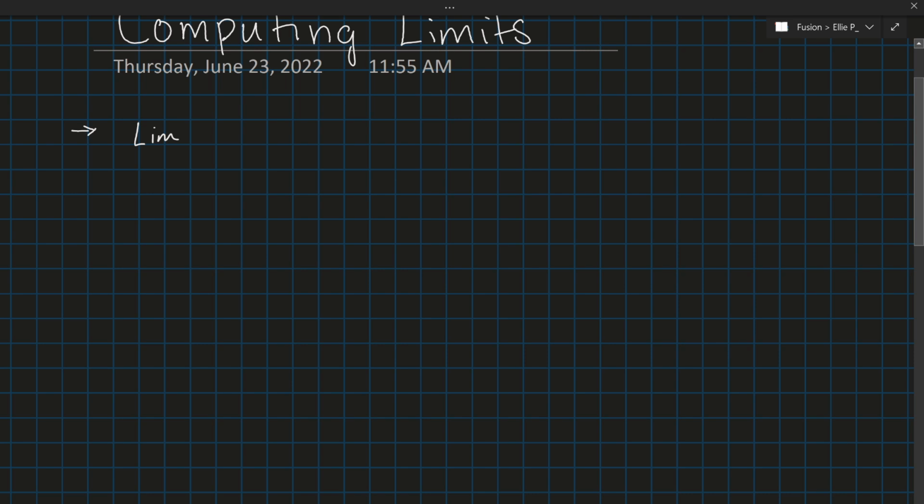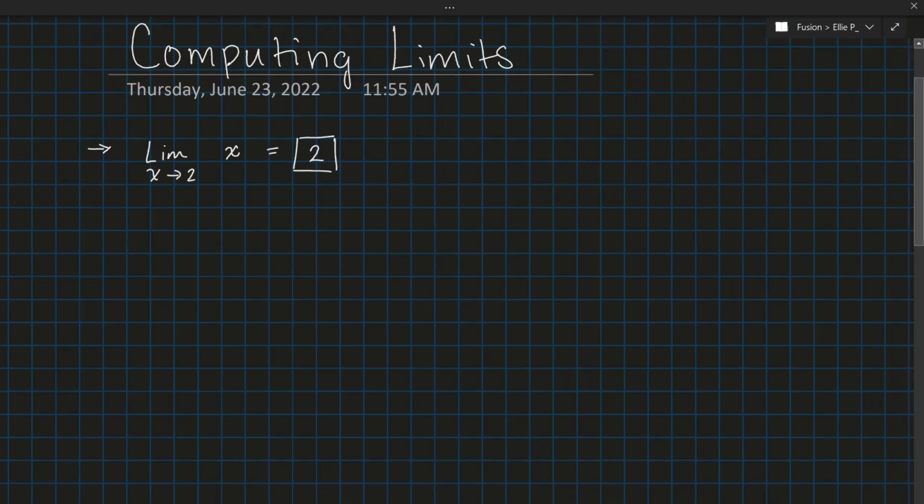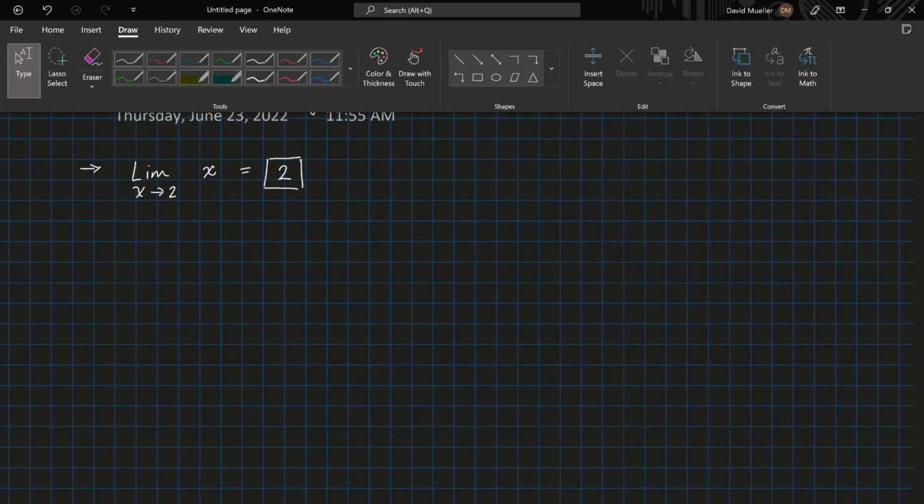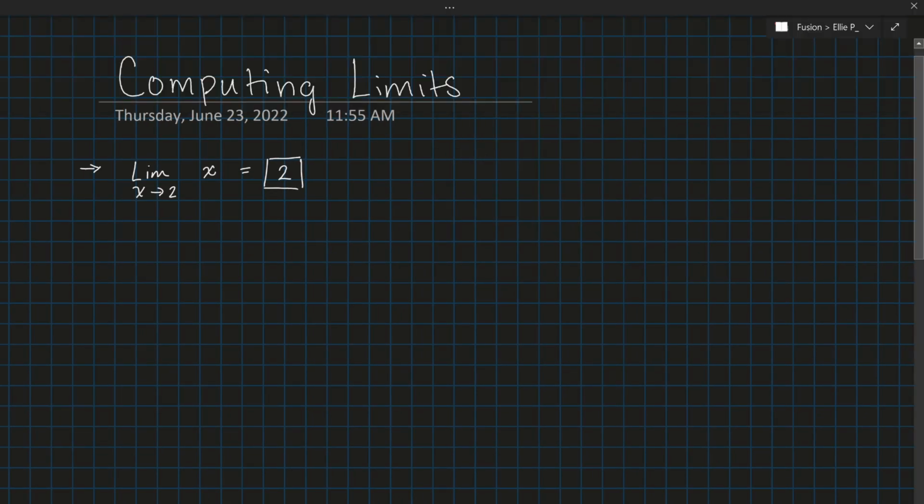So let's say we had, for example, the limit as x goes to 2 of the function just x. Well, for that, we literally just plug in the value 2. And so as x goes to 2, we just plug in 2 for x, and the limit is equal to 2. It's literally that easy. Now, it does get more complex, but for the most part,